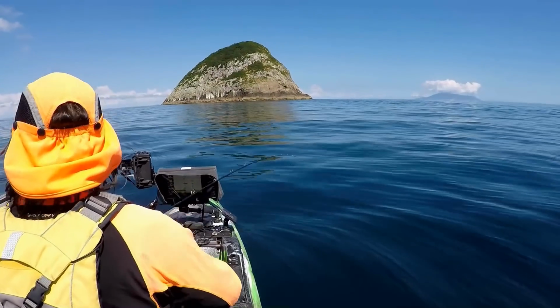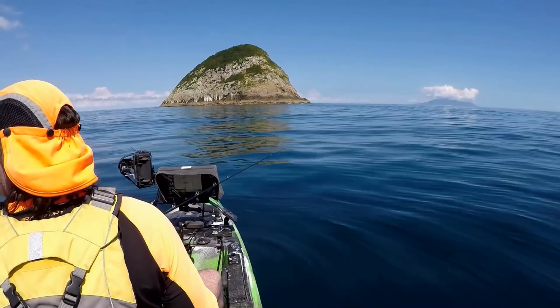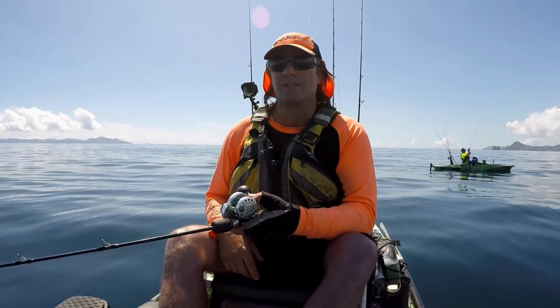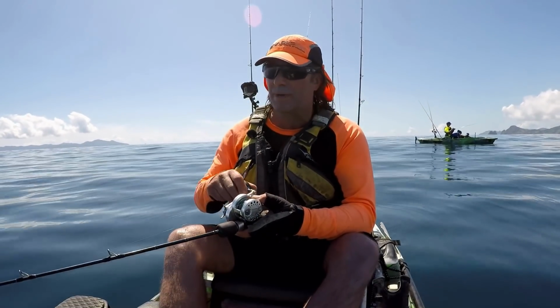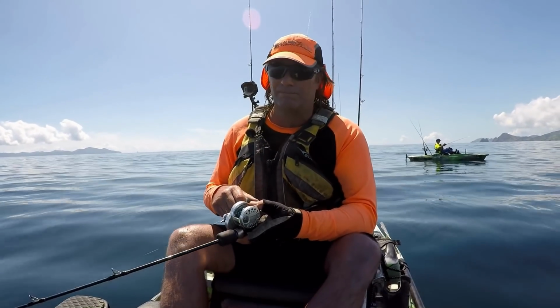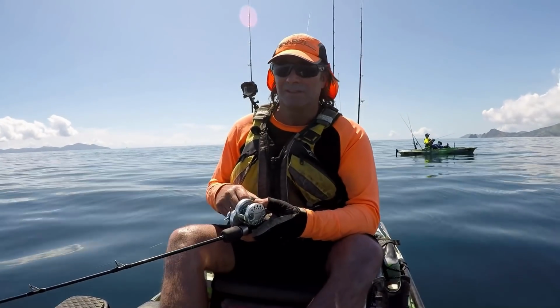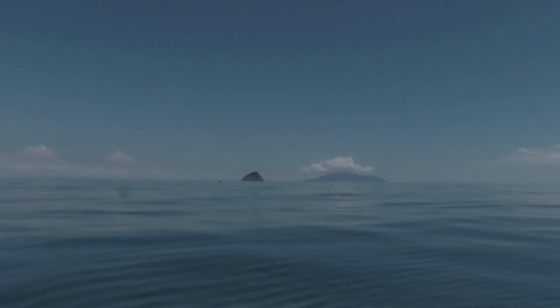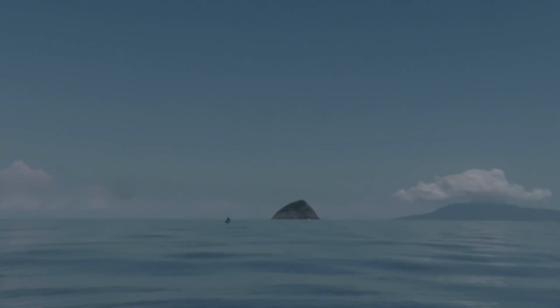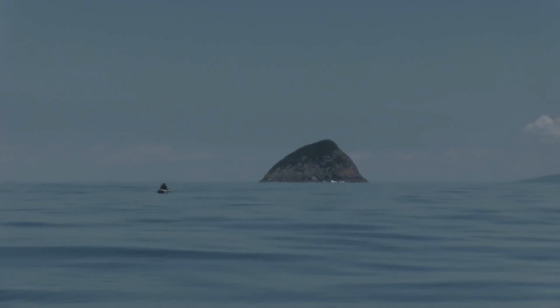See, oh, bugger! I just lost an awesome fish. I don't know what it was. Could have been a big snapper, but oh man, bugger. That's fishing. With things going quiet at Channel, we headed off back towards the mainland, but soon found a shallow